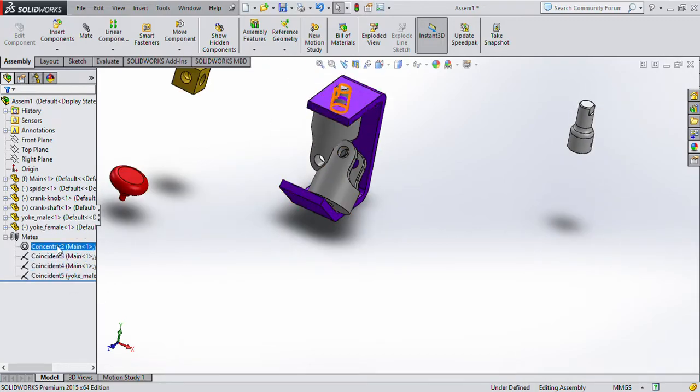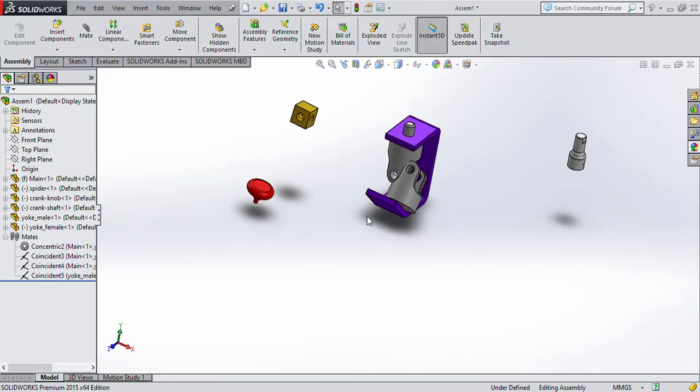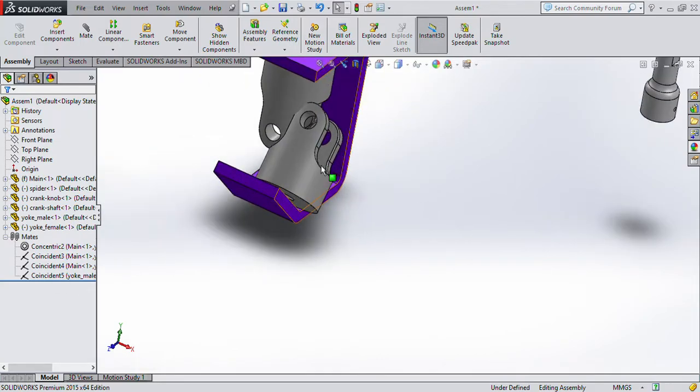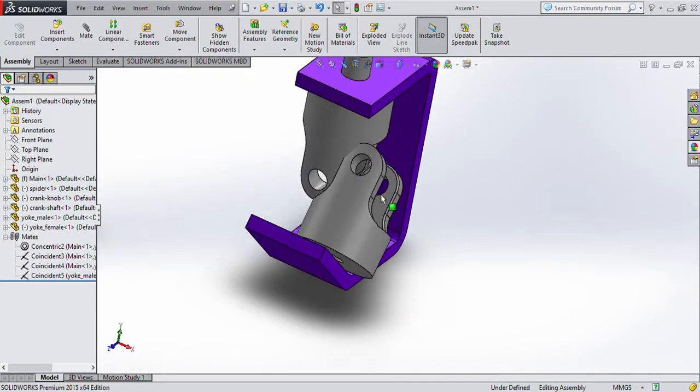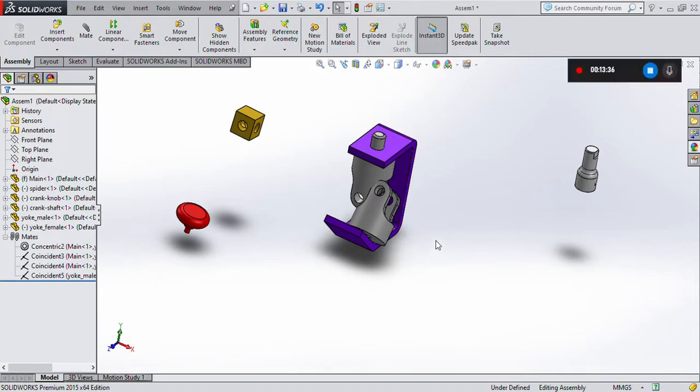Definitely, since here I have just only 4, I can find these mates. Look here, when I go to here, it shows that there is a look. This arc will represent us. These two are mated with each other as a coincidence. But much better, if you are not able to find these relations between the parts, the best way is deleting